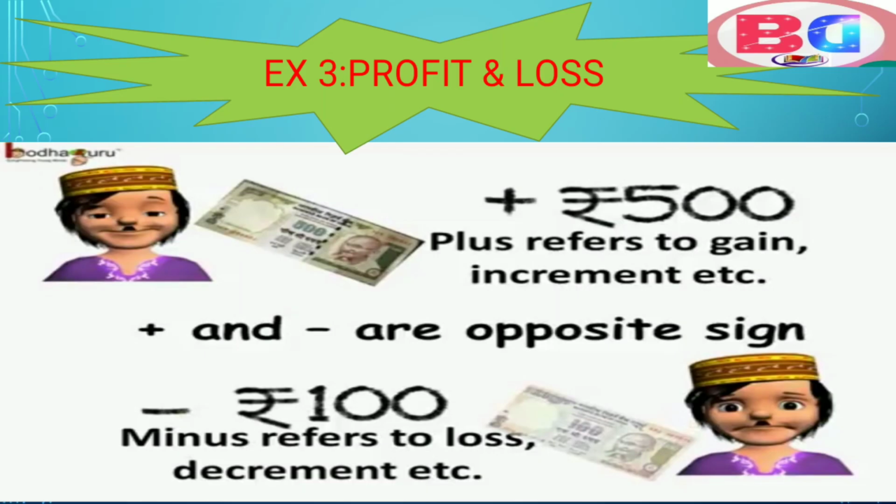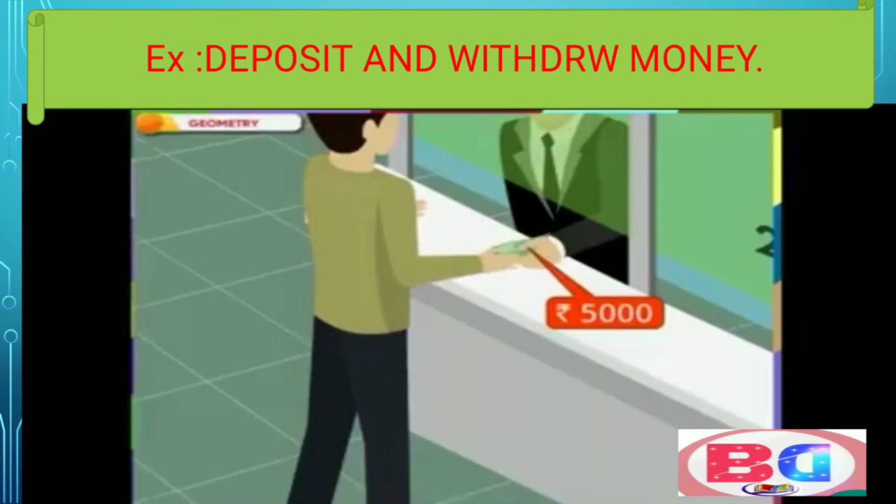Next, we can take examples of integers in the case of profit and loss. Suppose when we gain 500, it is the indication of positive 500 rupees. Or when we get a loss of 100 rupees, it is the indication of negative 100 rupees. It means profit is indicated by the positive sense, and loss gives the sense of the negative. So integers are also used for the representation of profit and loss.